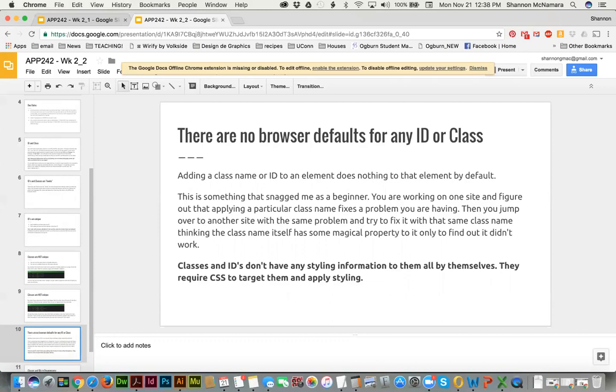The name for the class doesn't actually have any magical properties to it. You actually have to target those specific classes and IDs by adding CSS styling. So if you are working in one